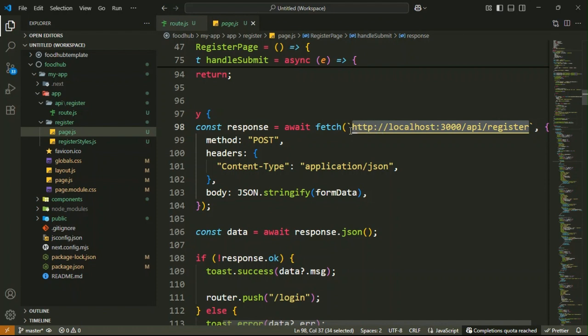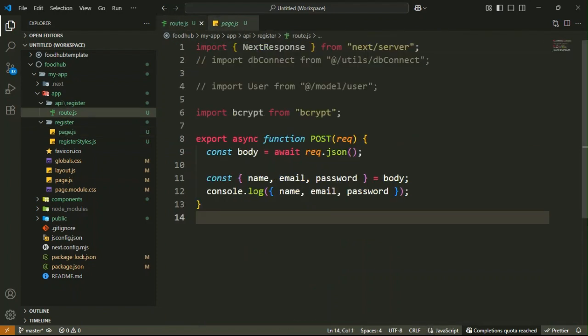Okay, this is your API endpoint, and this is your main body. In the body, we have sent your data like name, email, password to the server side with the help of this API endpoint. So in the body, this is your server side. Whatever you put inside API, that is the server side code. So you know that in the body, what you have sent from the client side, like name, email, password, that's why you will get it here. And after that,